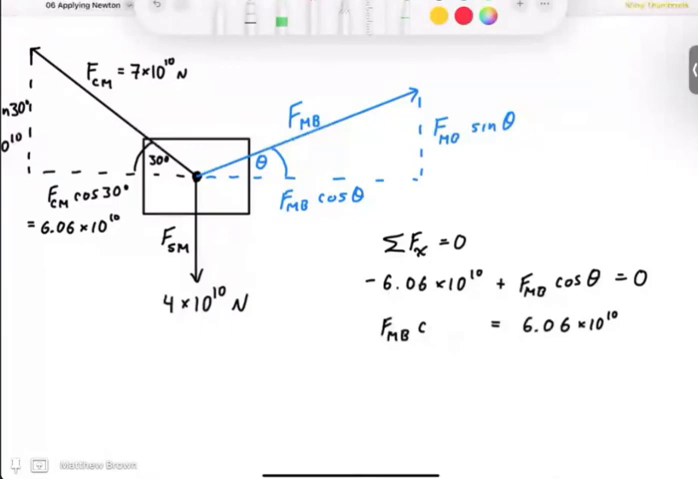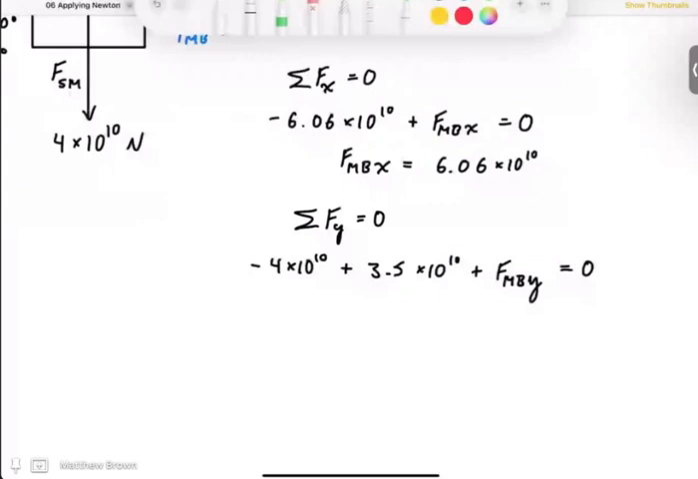here I've got two forces. I've got Superman down, so that means I've got negative 4 times 10 to the 10 plus I've got 3.5 times 10 to the 10. That's the y component of Captain Marvel's force. And then I'll just say plus FMBY equals 0. So I'll just leave that as the y component that I want to find, and that way, like I said, I can piece it together at the end. Okay, so anyway, if I add these numbers together, that tells me that